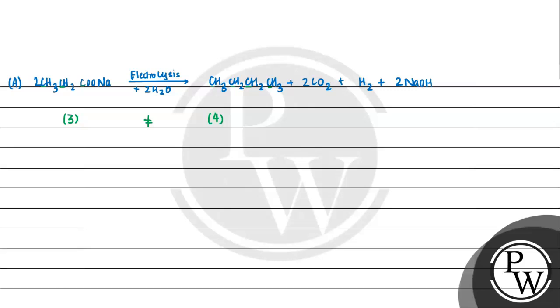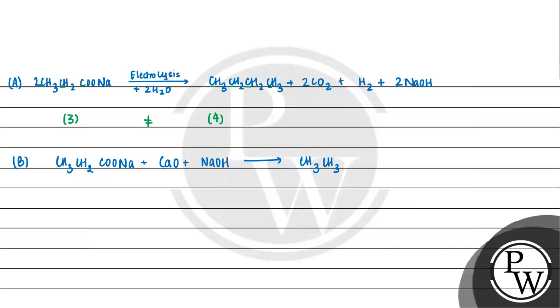Now let us talk about our option B. तो इसमें हमें दिया हुआ है again CH3CH2COONa. So it will react with soda lime. So soda lime के साथ हम एक reactant ऐड करते हैं which is our NaOH for our decarboxylation reaction. And we know that this carboxylic acid will produce ethane as the product in this reaction. और decarboxylation reaction में जो हमारा carboxylic acid है, it produces ethane, and it is done in the presence of NaOH